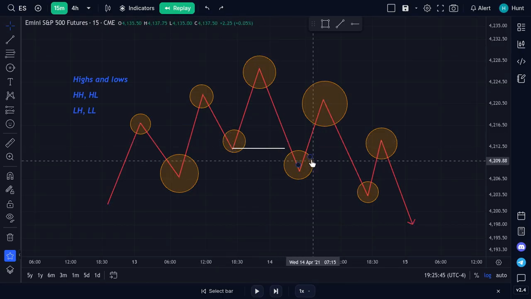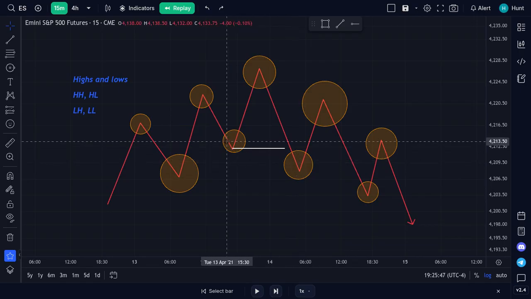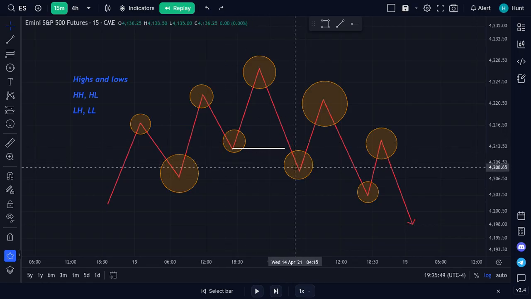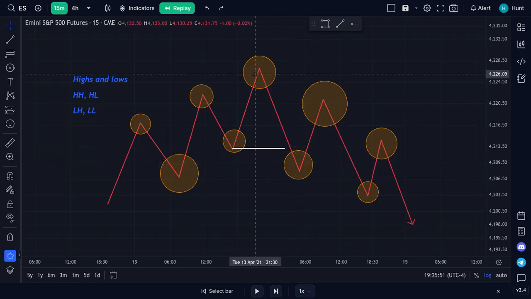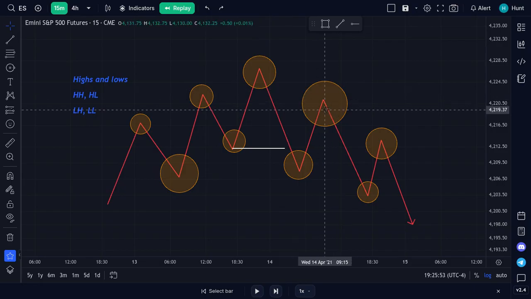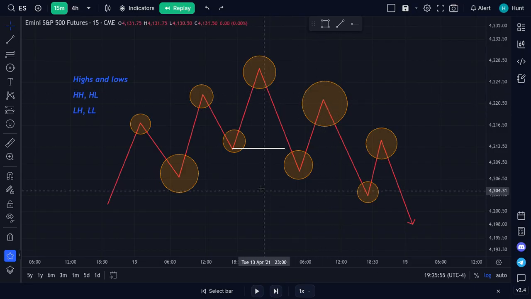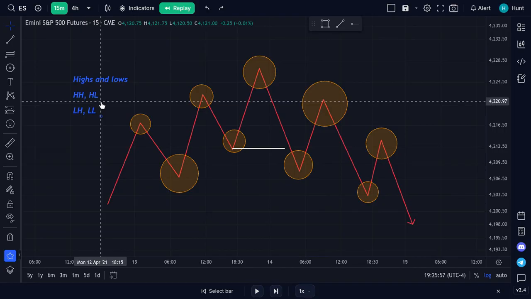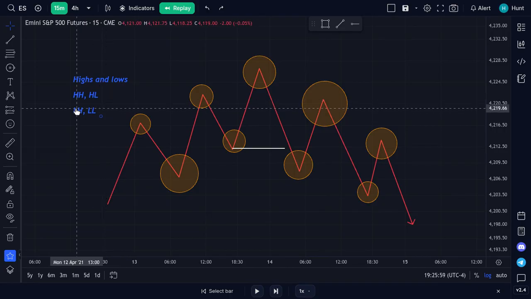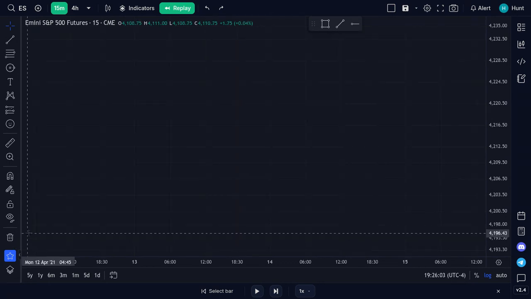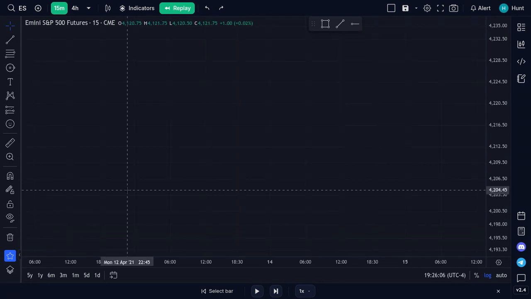Goodness gracious. Then this is lower than that low, so this is a lower low. This high is lower than the previous high, so this is a lower high. It is that simple. So you have higher highs and higher lows when price is going up. You have lower highs and lower lows when price is going down. So now that we did that, we're going to show you how to identify them